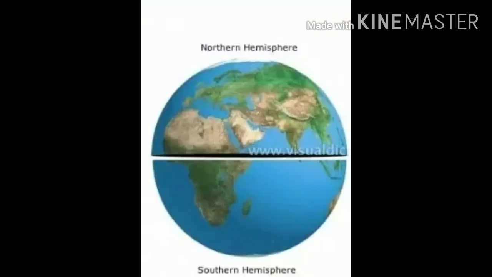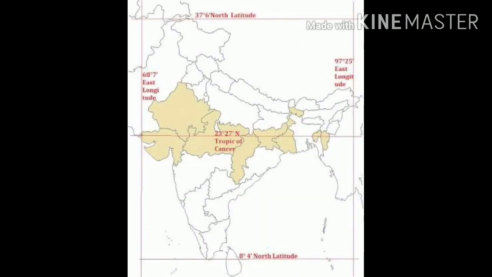Okay. Let's find out the India in this picture. Here, our India. This is India. Okay. India is a vast country lying entirely in the northern hemisphere. Okay. Acha, listen. The mainland of our India extends between 8 degree 4 minute north to 37 degree 6 minute north latitude and 68 degree 7 minute east to 97 degree 25 minute east longitude. You have to remember this latitudinal and longitudinal extent of our country India. This is very important. Okay.